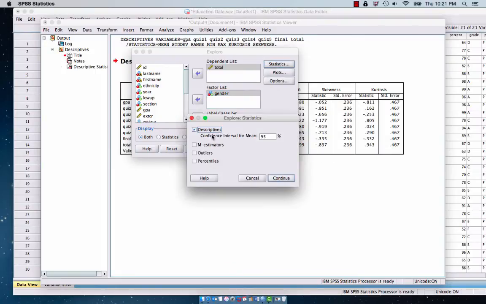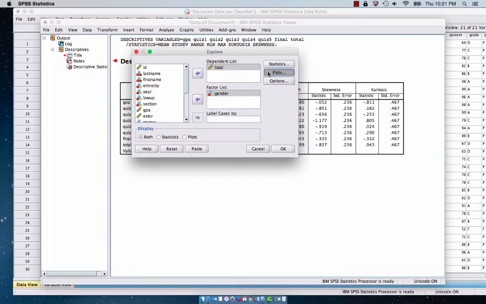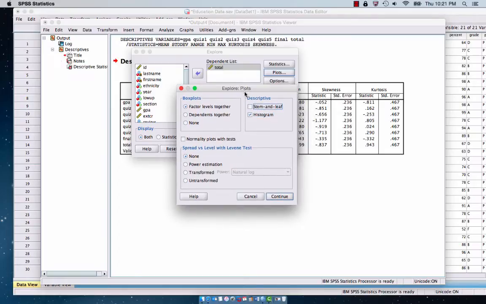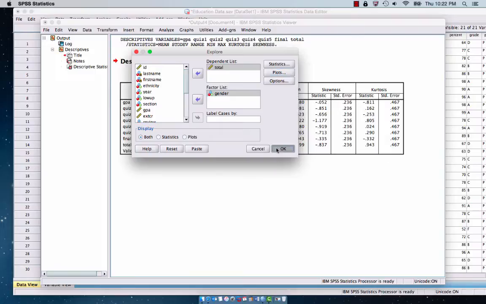And if we click on statistics, we notice that the descriptive statistics are checked. And then plots is an important one to check because we can get the histograms. The stem and leaves don't tell us that much. They're like a histogram on its side. The box plots I usually don't check, but I do check the normality plots. And the reason I check those is because it gives us a test of skewness and kurtosis for these group level distributions. So if we go continue and then OK,